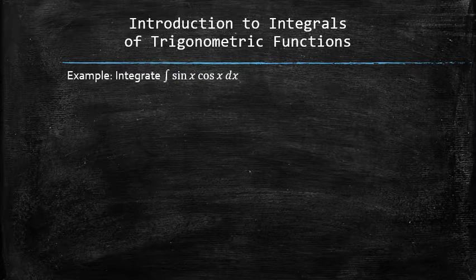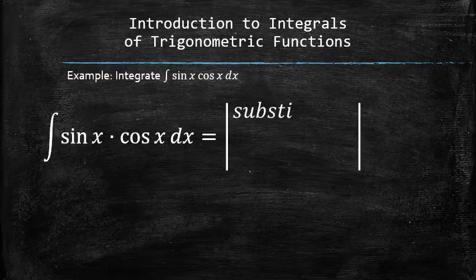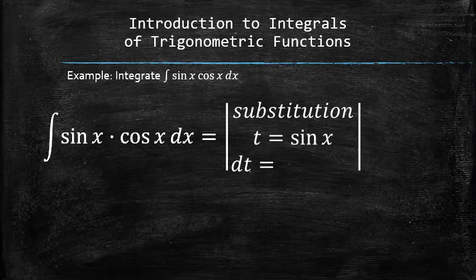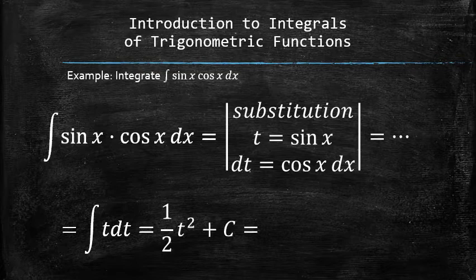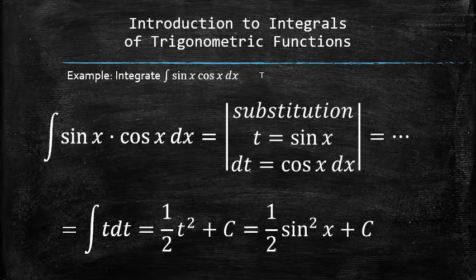We can recognize the pattern and rearrange the integrand, and then set up the substitution by setting a new variable, let's say t equal to sine of x, and finding the differential of t. Next, we plug everything into the original integral, and notice that we have nothing but the function of t left in the integral. We finish the process by finding the antiderivative and plugging the original function sine of x back for t. We will refer to this technique as substitution.